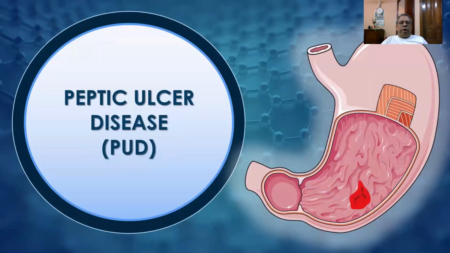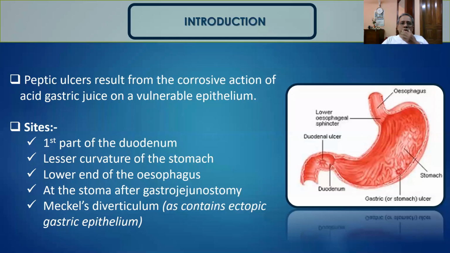This is our chapter of surgery: peptic ulcer disease. So, introduction. Peptic ulcers result from the corrosive action of the acid gastric juice on a vulnerable epithelium of the stomach. That means whenever the epithelium is exposed to the acid, there is a chance of ulceration, which is called peptic ulcer. So the site of the peptic ulcer,